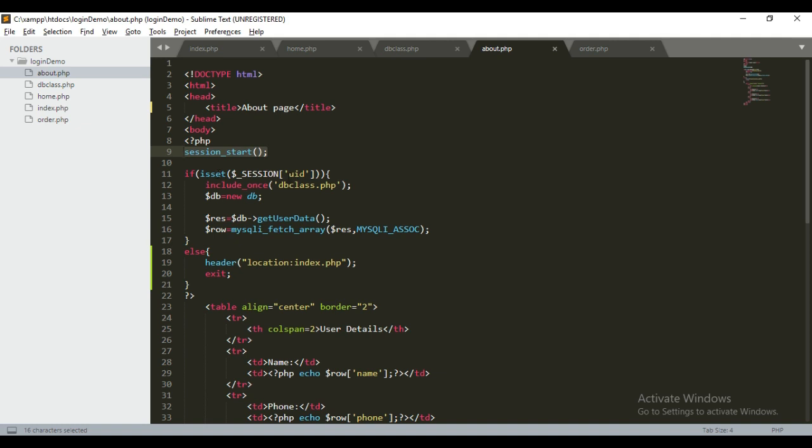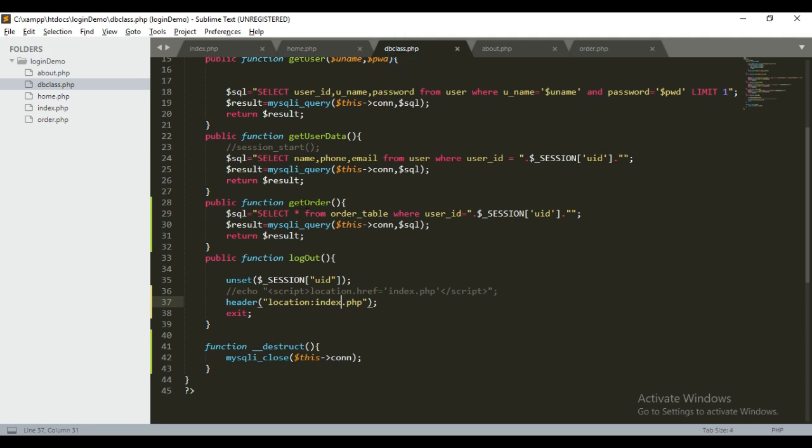If it is set, then we display the data, else we redirect the user to the login page. If set, then we included a db class, declared an object, and it will establish the connection. We are calling the function get user data, and the get user data function is here.